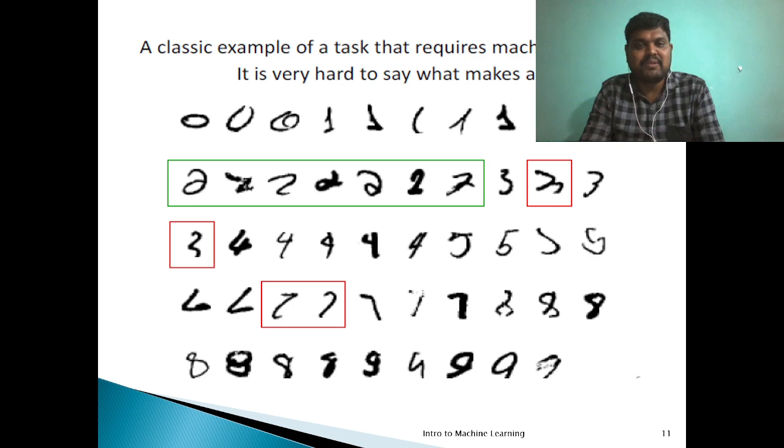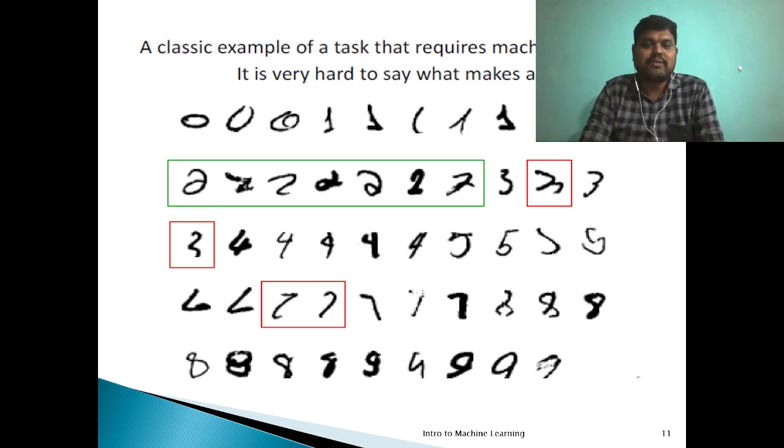Say for example, here, we have a number of numerical digits, right? You are going to train your model in such a way that it learns what makes a numerical number 2. So you have to train with those images so that the machine can detect whether the number is similar to numerical 2 or not, right?